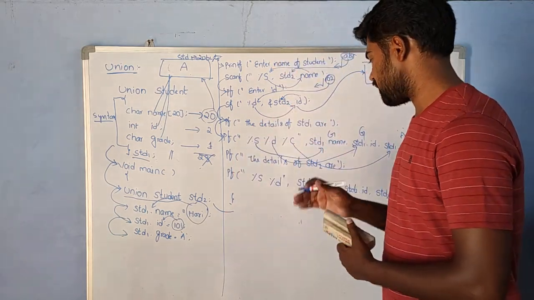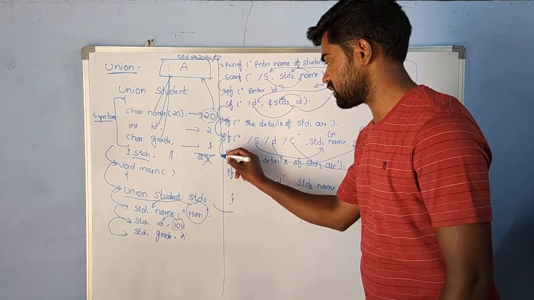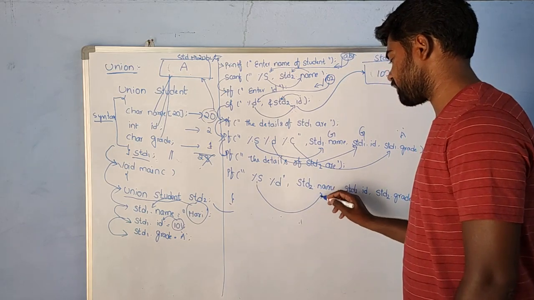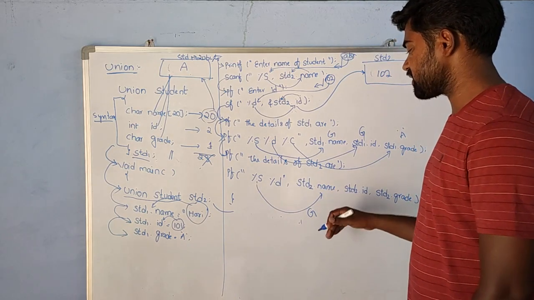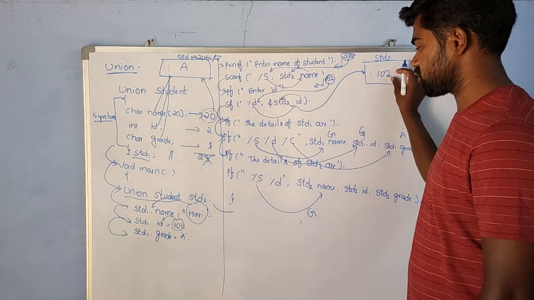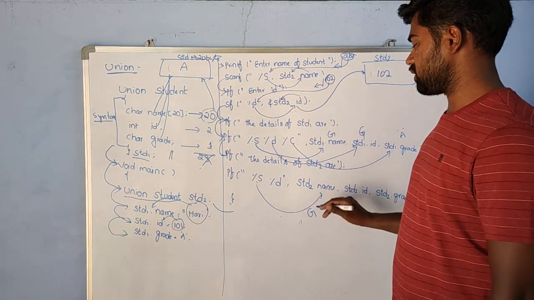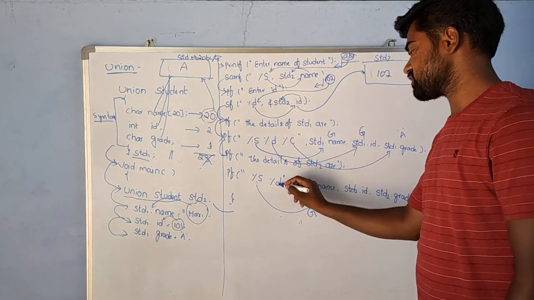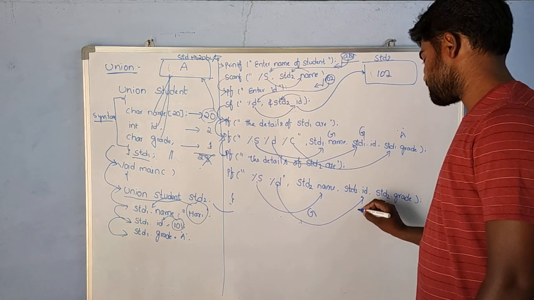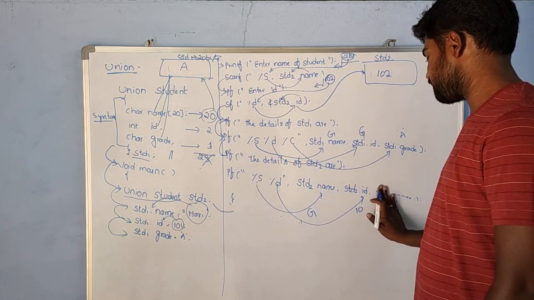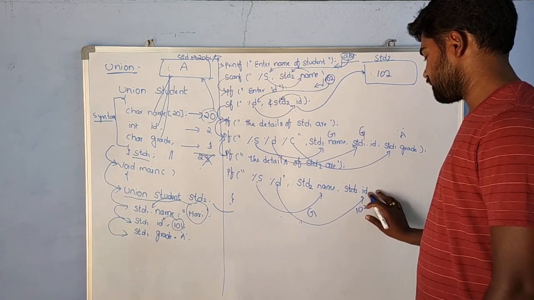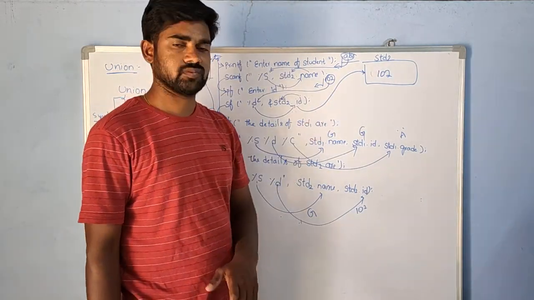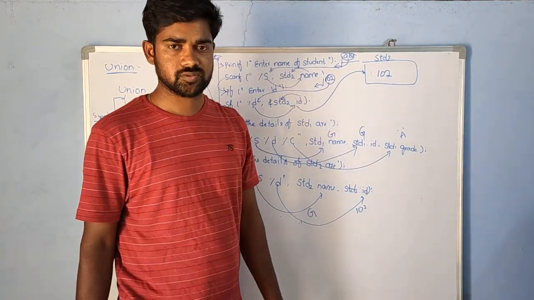Now after completion of this instruction, we are going to print the details of student 2. Here this specifier is going to print a garbage value for the name, because the new updated value is 102, and we don't have the data ABC anymore. This specifier is going to print 102, because here we have the data in std2, and in std2 what we have here is 102.